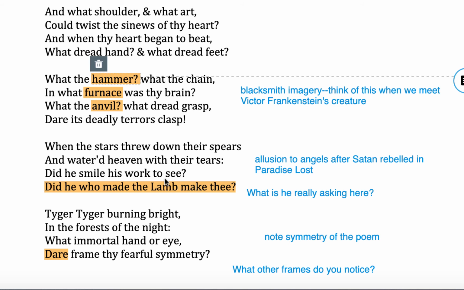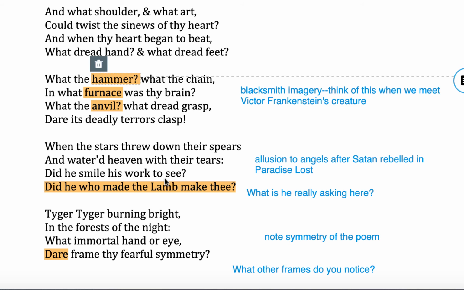The creator could also be someone else. So keep this idea in mind of a creator of the tiger as someone who uses artistry and creativity, but who also uses brute force and muscle. Then the second part of that, referencing the heart beginning to beat, the tiger's heart beginning to beat, what dread